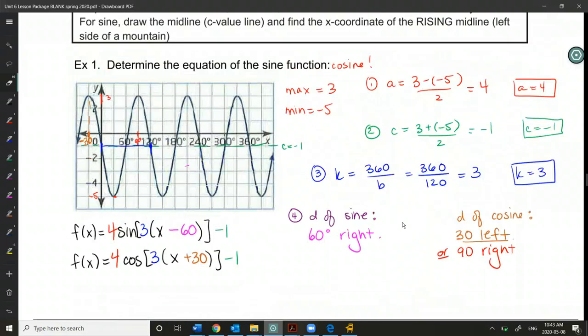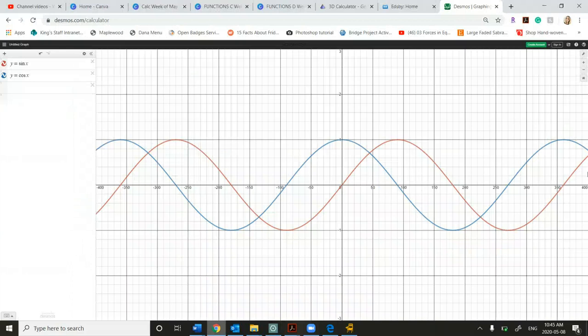So I'm going to hop over to Desmos just to give you a visual as to why that is. All right, so here I have set up for you the graph of sine x, which is our red graph here, and also the graph for cos x. So you can actually see that these graphs are very similar. When we talked about some of the properties in our previous lesson, we were talking about how they both have an amplitude of 1, they both have a period of 360,